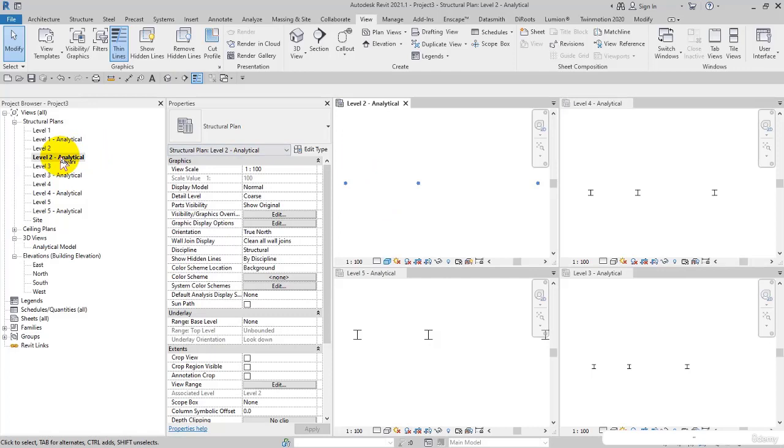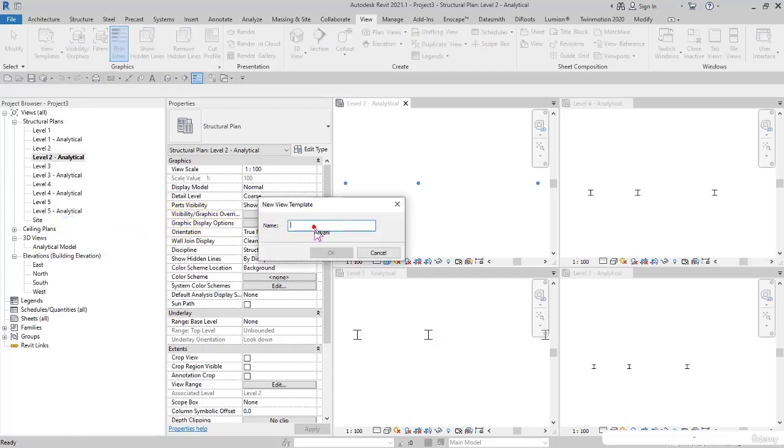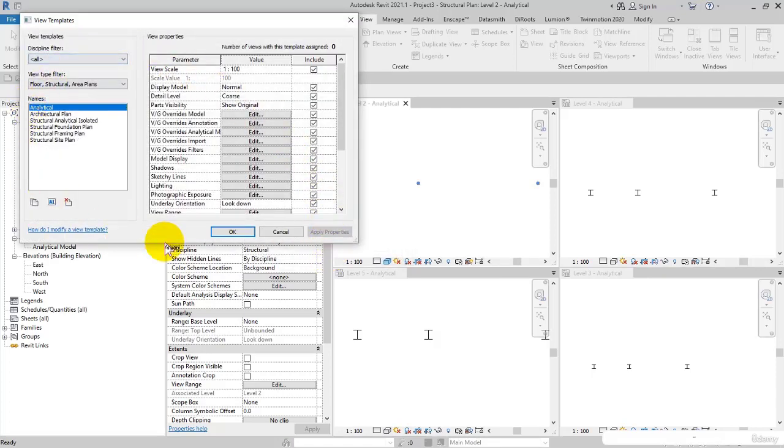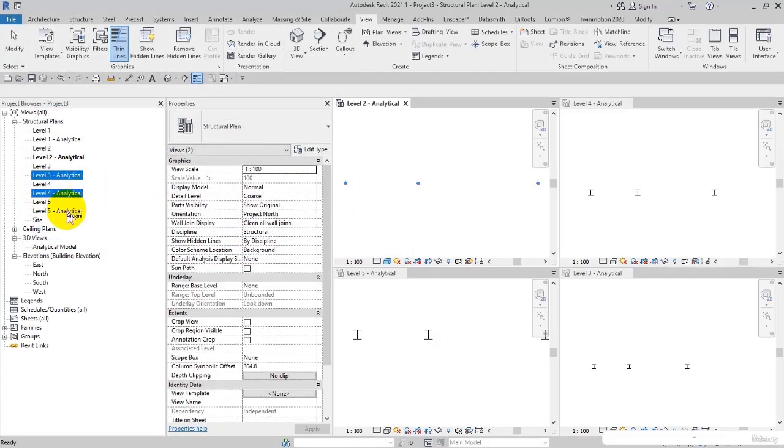So in level 2, right click on level 2 analytical. Here you get an option, create view template from view. I click on it and then I specify a name for it. Actually here I paste the analytical in this way and then I click on OK, and after that I click on OK. After that I select level 3, 4 and 5, which are analytical models, and then right click and